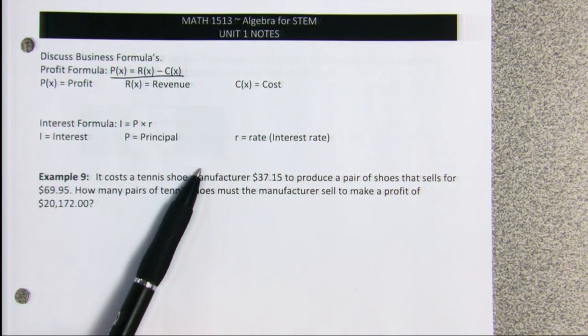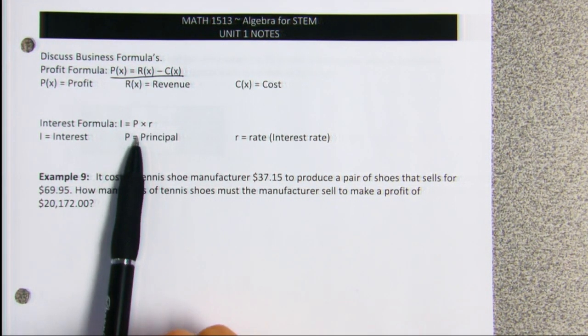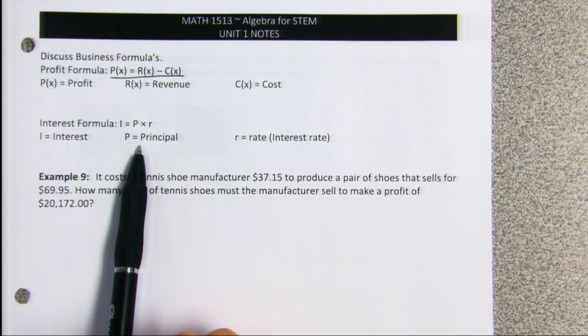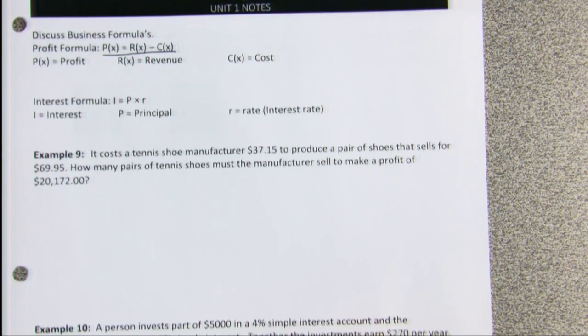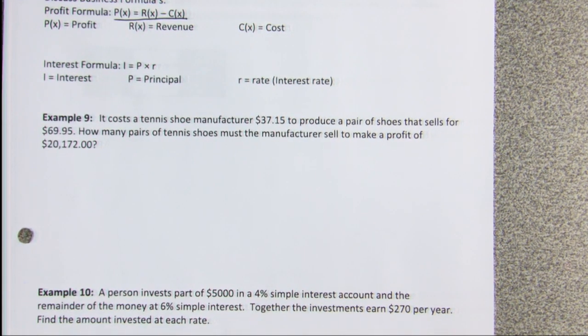Your interest formula is your interest equals your principal, like whatever you're borrowing or investing, depending on what you're thinking about with interest, times whatever the rate is. That tells you how much interest you earned if you invested, or how much interest it's going to cost you to borrow. So just kind of going over those very briefly, let's talk about number 9. It costs a tennis shoe